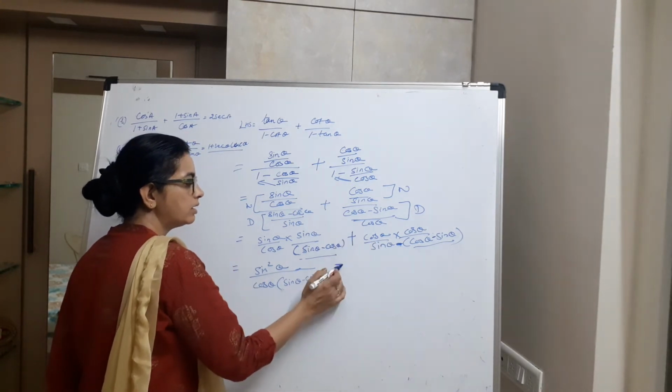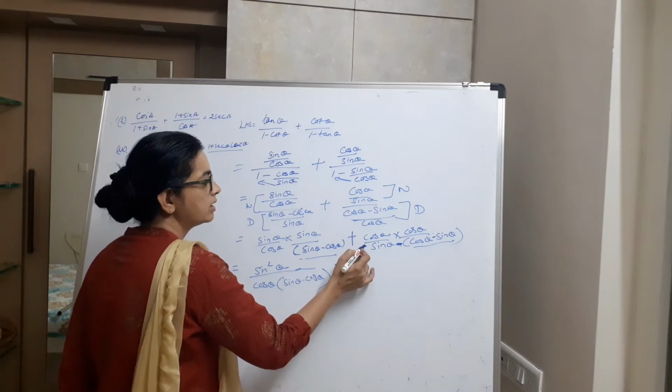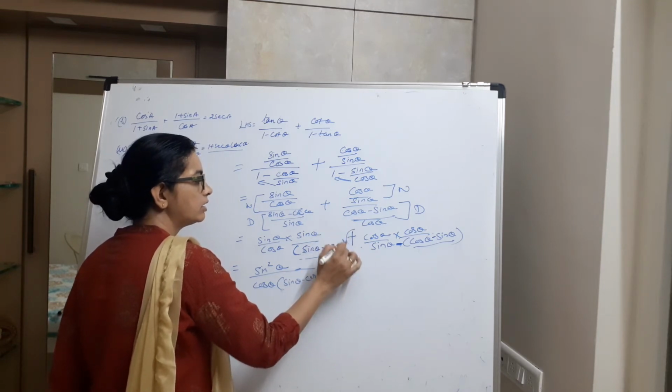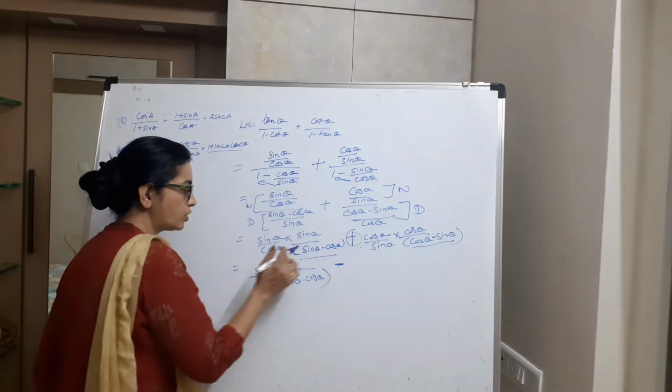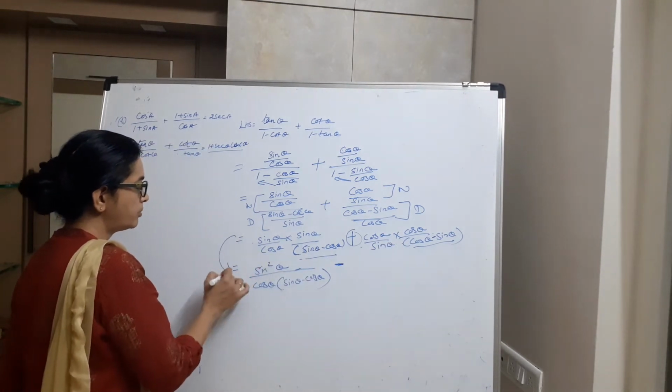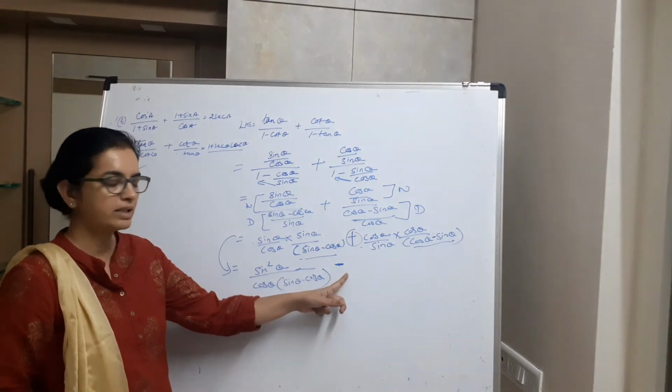Like this symbol, you move the symbol over here. It will be in the denominator and you shift it to the numerator over here. So that is what we are now doing. This step is very crucial. Now we are passing from this step to this step. At that time we are changing the plus symbol to the minus symbol.